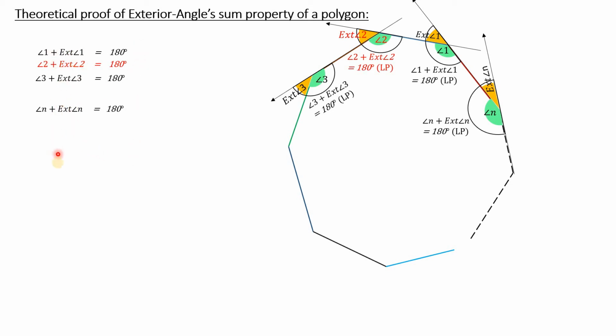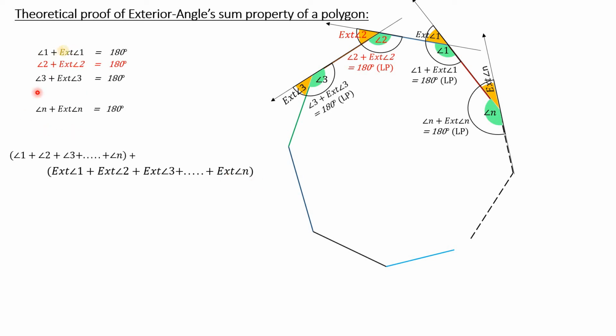So we will add all the left hand sides of all the equations and the right hand sides separately. For that purpose, we first see it is an equation, that is what is shown there. Now in the first column, we are adding whatever is circled here. The circled part is angle 1 plus angle 2 plus angle 3 up to angle n. Only the circled part is added here separately. Now we will be adding the second column, which is exterior angle 1, exterior angle 2, up to exterior angle n. That is written here. We are adding it. That's why I have written a plus here. Exterior angle 1 plus exterior angle 2 up to exterior angle n.